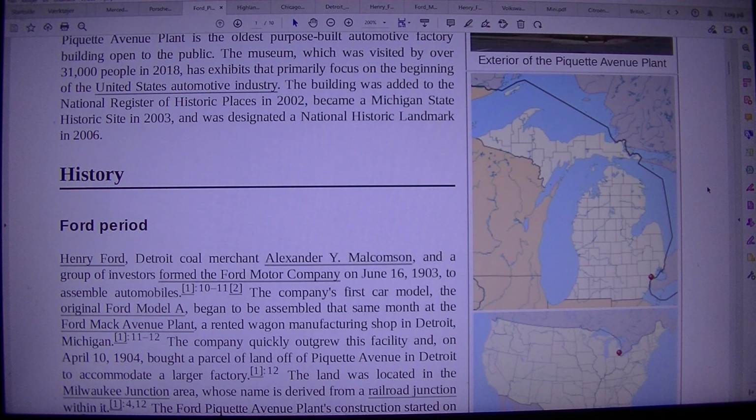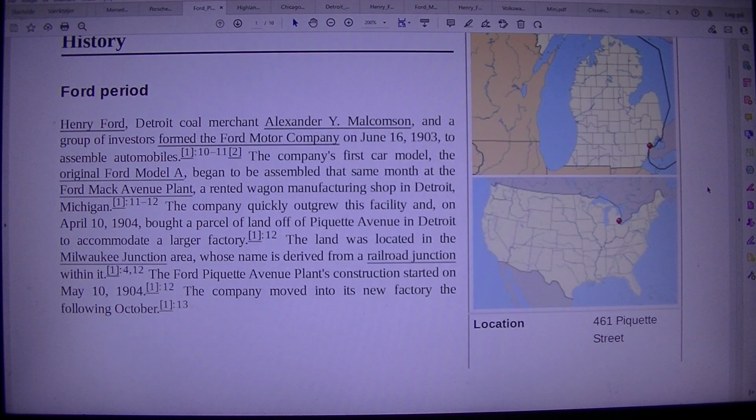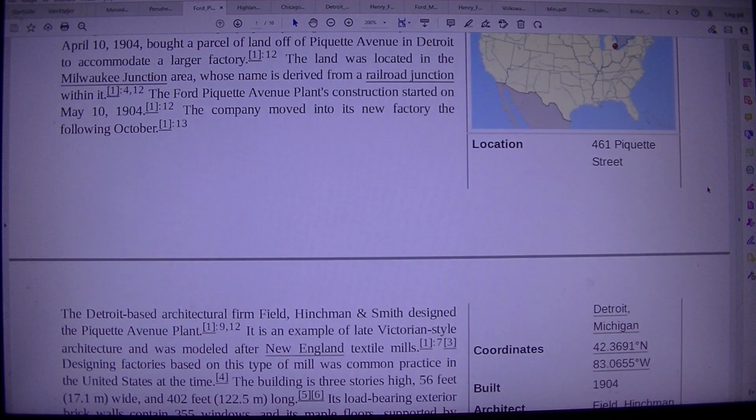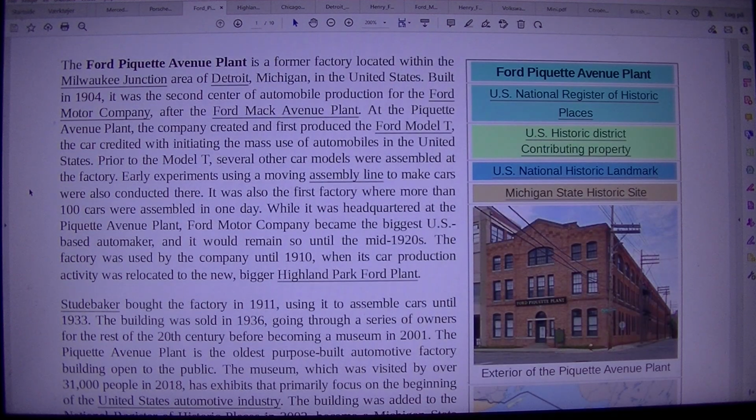Ford Piquette Avenue plant is located in Michigan, in the United States. Location: 461 Piquette Street. The Ford Piquette Avenue plant is a former factory located within the Milwaukee Junction area of Detroit, Michigan, in the United States. Built in 1904, it was the second center of automobile production for the Ford Motor Company, after the Ford Mack Avenue plant. At the Piquette Avenue plant, the company created and first produced the Ford Model T, the